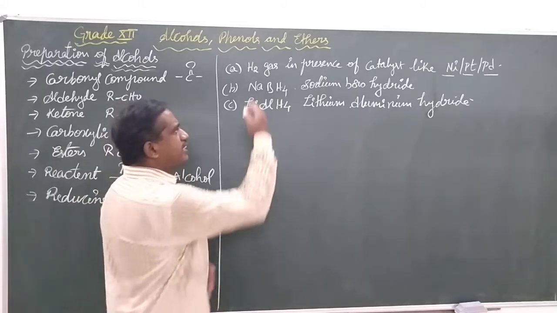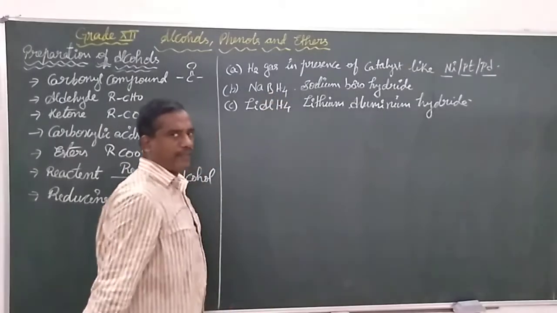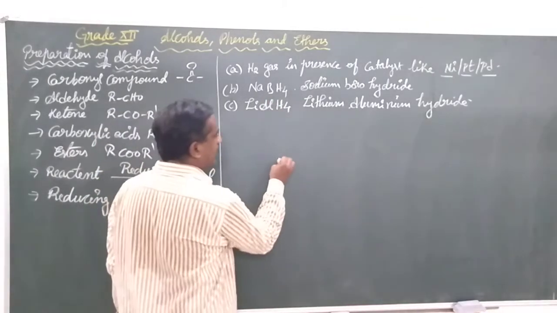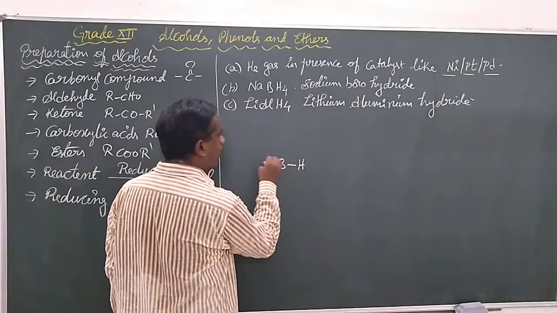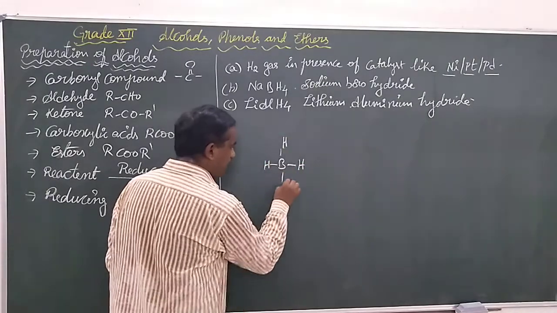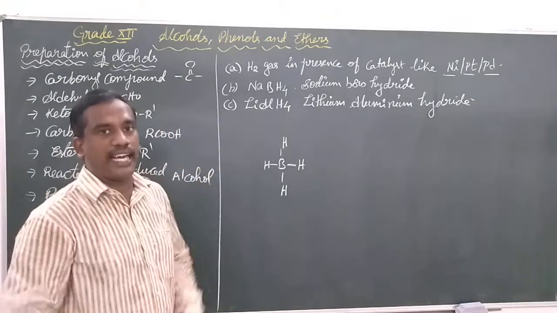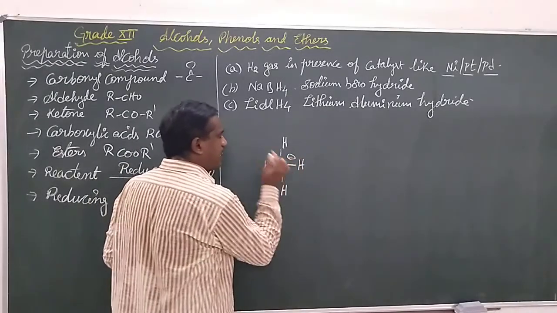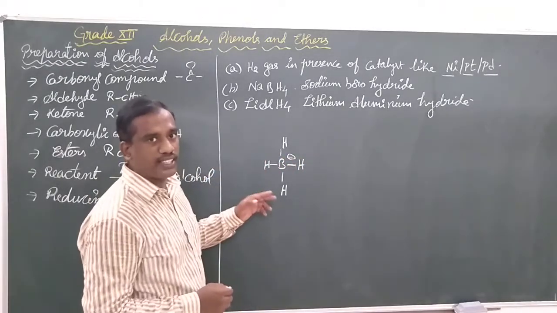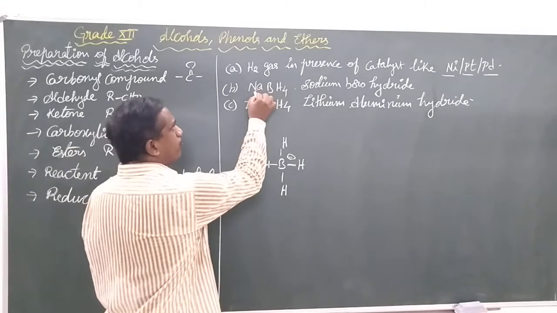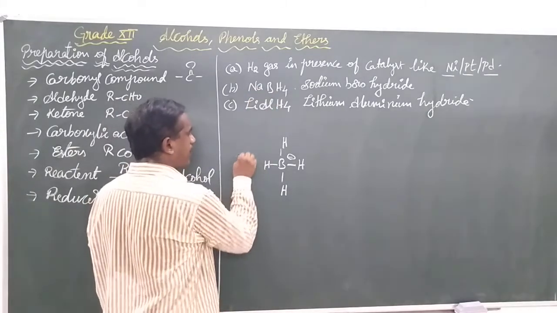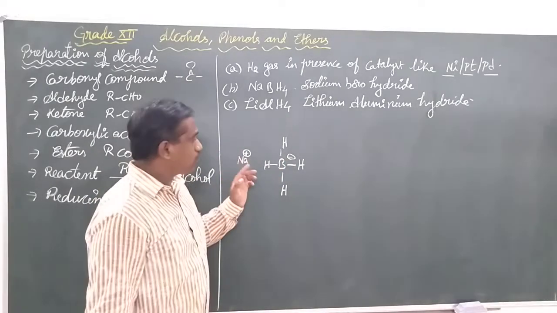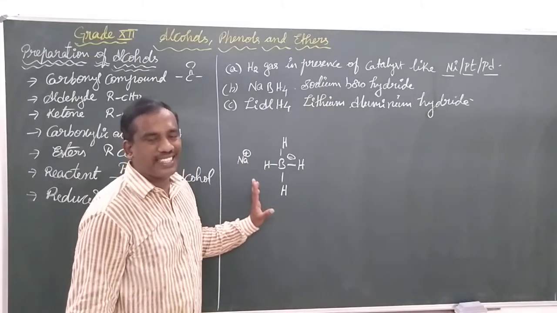and why. When we see the structure of sodium borohydride, generally boron can form only 3 bonds. But in this case, the boron is bonded to 4 other hydrogen atoms. Means boron had gained one electron pair from one of the hydrogen. So this is achieving a negative charge. The boron is achieving a negative charge. Now, sodium is going to be the counter cation for this negative ion. So the sodium borohydride exists in this form.